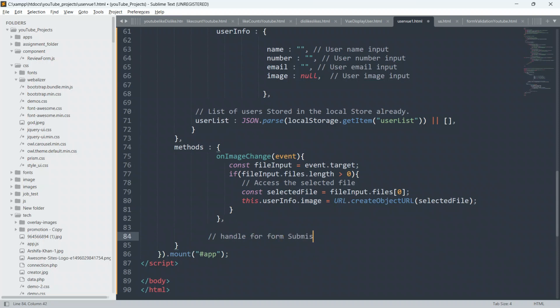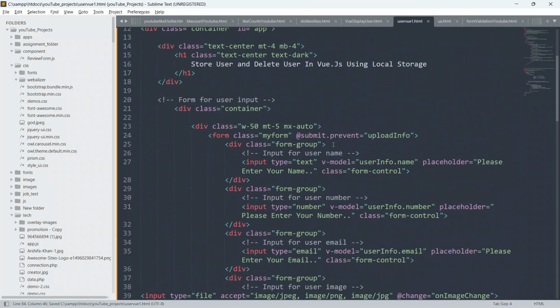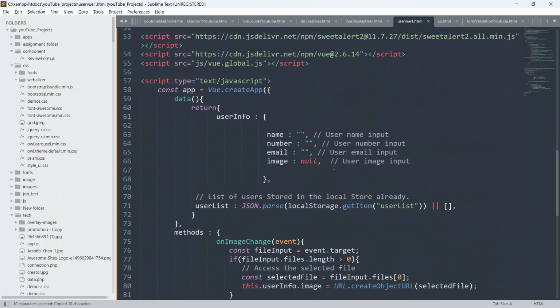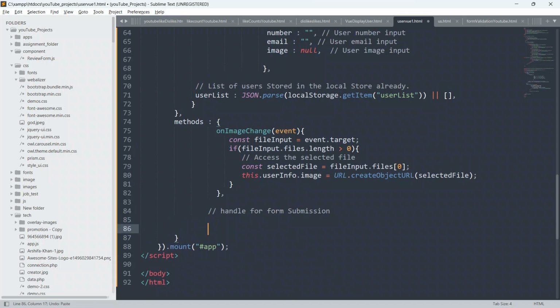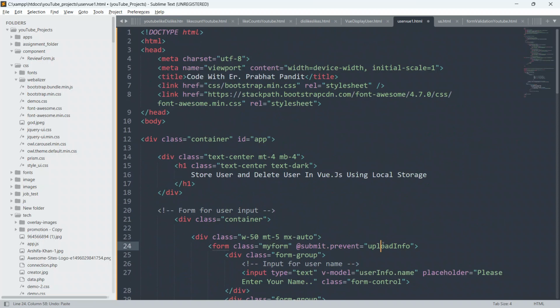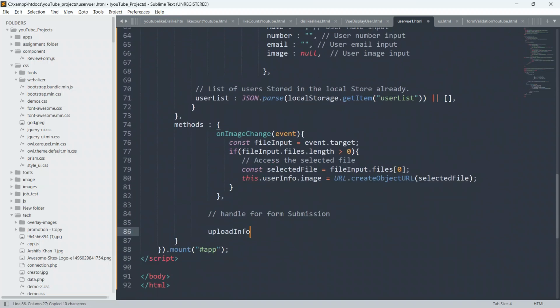Now we are going into the form, and we will copy this upload info. Copy it from here and define it in our Vue.js instance, below this. Paste it here, put parentheses and open curly braces.